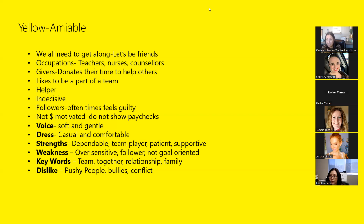I would 100% know that everybody on this Zoom has yellow in them because I've seen all of these qualities in everybody in here. The weakness is a bit oversensitive, right? They can take things a little bit too much to heart because they're very worried what others are going to think, very worried that others aren't going to agree with what they want, and then they're going to change because they don't want to not be on the side that everybody's agreeing on. A bit of a follower,